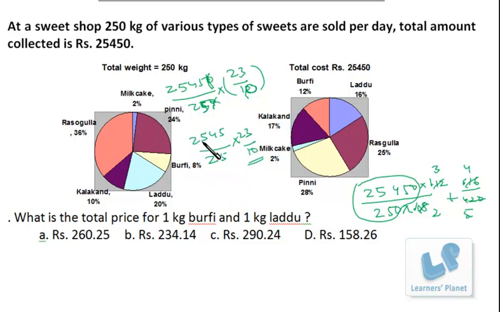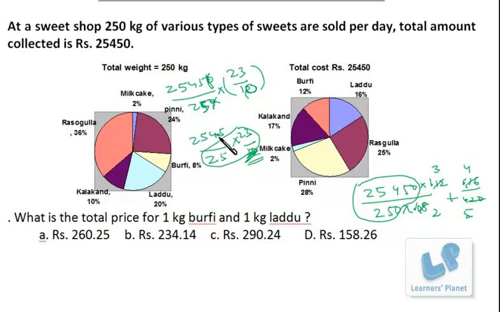Now, if I divide 2545 by 10, what I'll be getting? It is 254.5. Now 254.5 into 23 by 25. Definitely it's a big calculation. Now just observe this. It's 254.5 into a data that is less than 1, right? 23 by 25, definitely you'll be getting a fraction that will be less than 1. That means finally your answer will be lesser than 254.5, a bit less than, because its difference is quite small, right? So a bit less than 254.5.